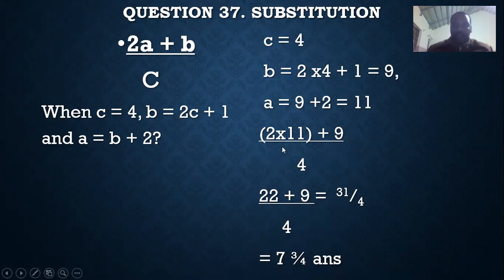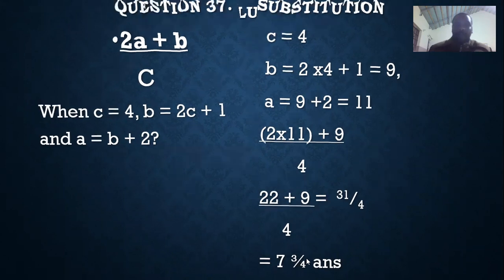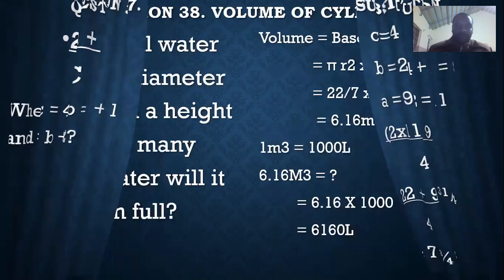So after that, we now solve the equation where we are told 2a, which means 2 times 11, because the value of b is 9 and the value of a is 11. So 2 times 11, then we add 9, then we say over 4, because c is 4. So we get 22 plus 9, which is 31 over 4. 31 over 4, when changed to a mixed number by long division, we get 7 3/4. Number 38,